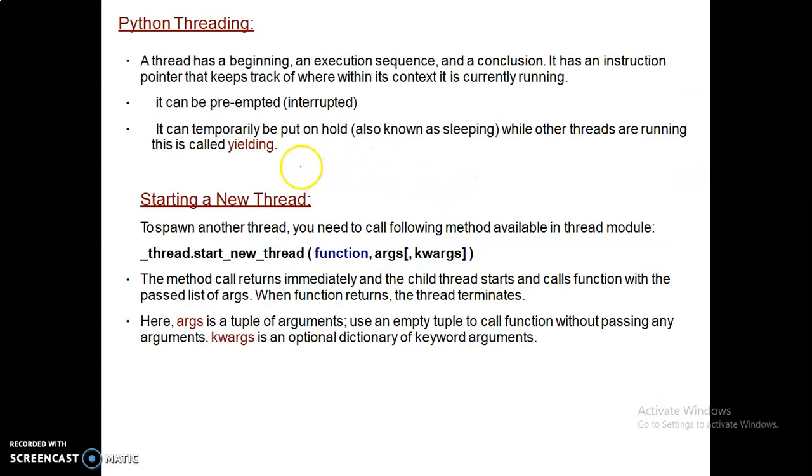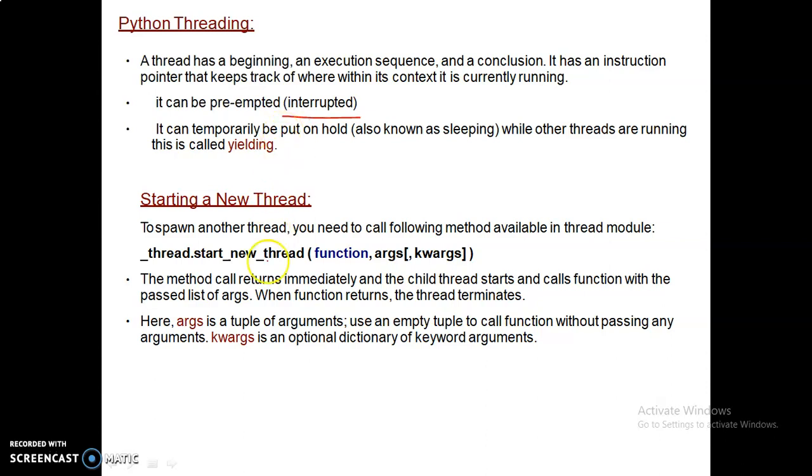Next, Python threading can be preempted or interrupted. For example, while executing a Python program, if there is a power off, the program cannot stop the power off of your system, so it stops our program execution and goes on with the power off. In the same way, whenever your program is executing, if you give a print instruction, that is, you start the printer and try to take a printout, then it also stops our program and goes to the printer. That is called interrupt based.